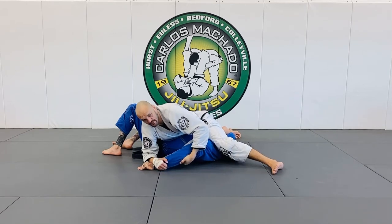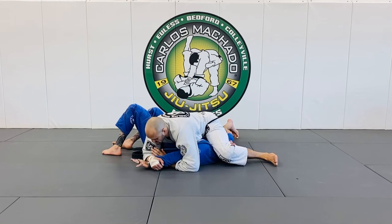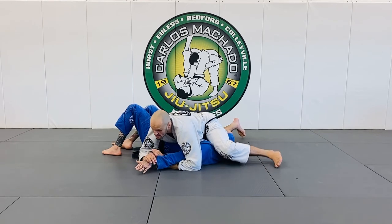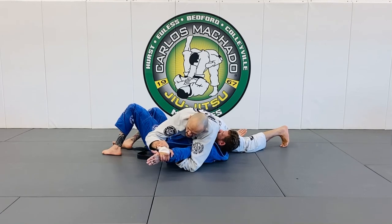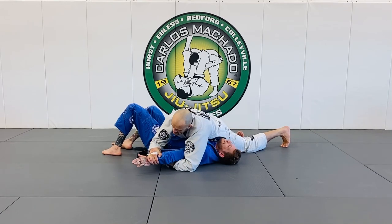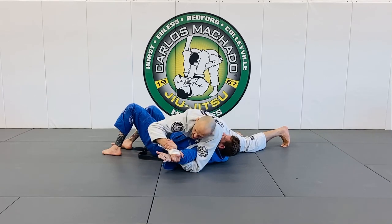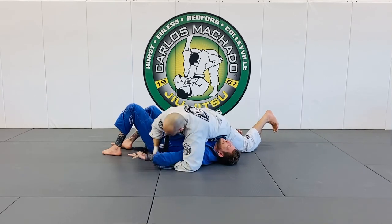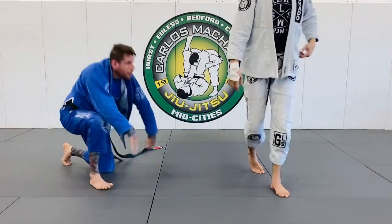You can just torque. If he tries to straighten it from here, you can straighten it off to it. If you grab it here with no thumb, you straighten it over the arm. He bends it, you have a Kimura. He straightens it, you keep taking it straight. Okay, guys? Try that. 1, 2, 3. Most important, scissor sweep. On your left side, you do